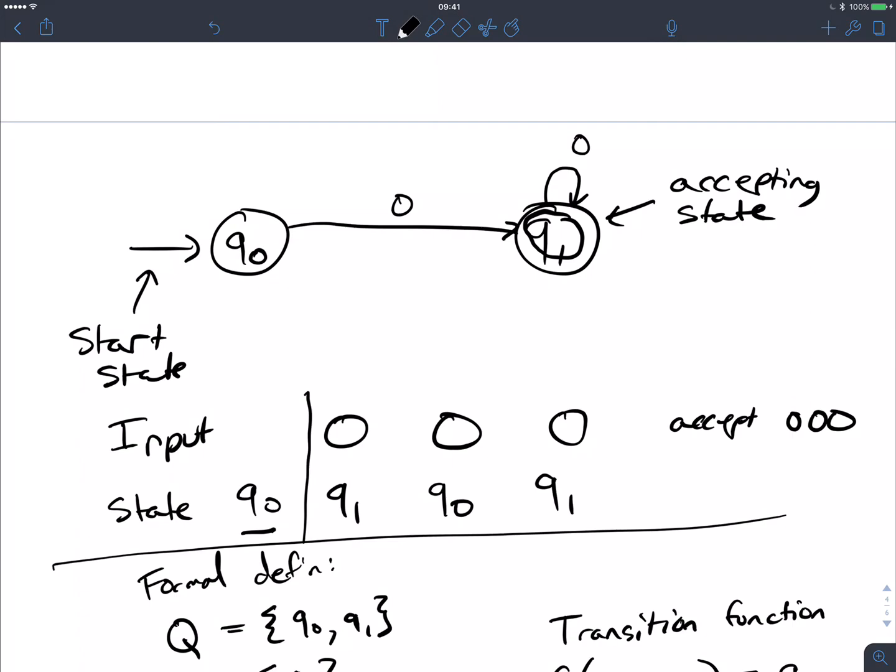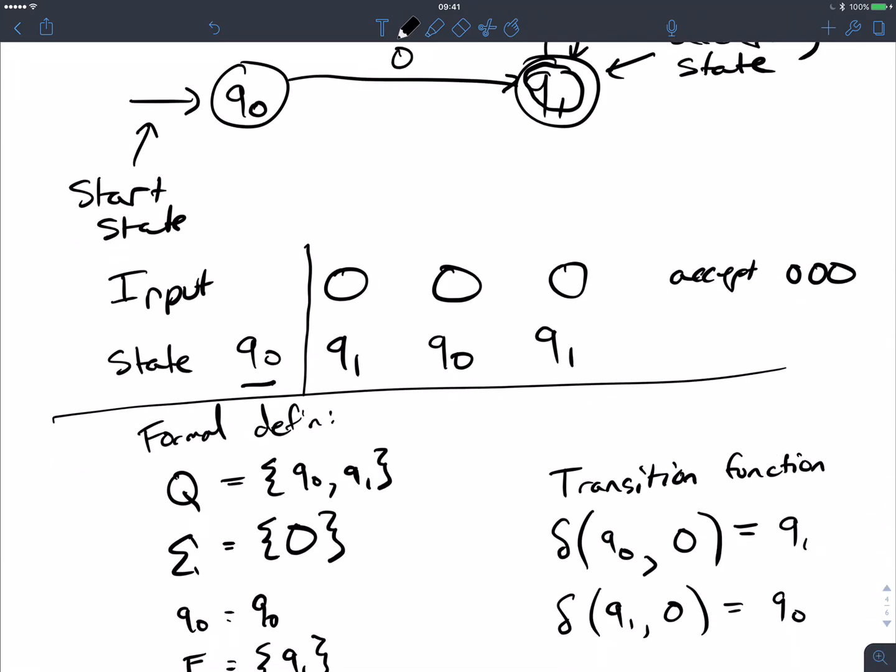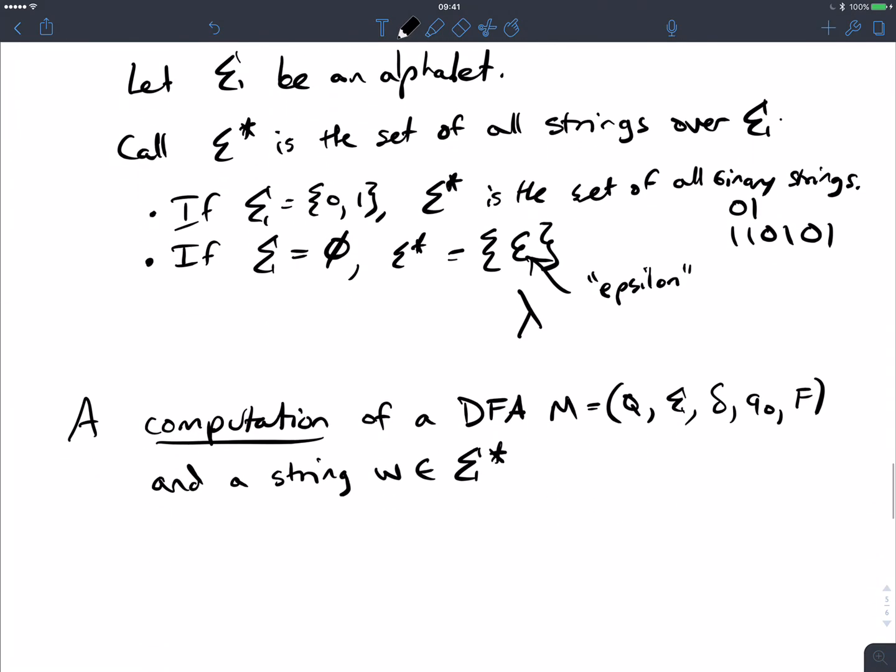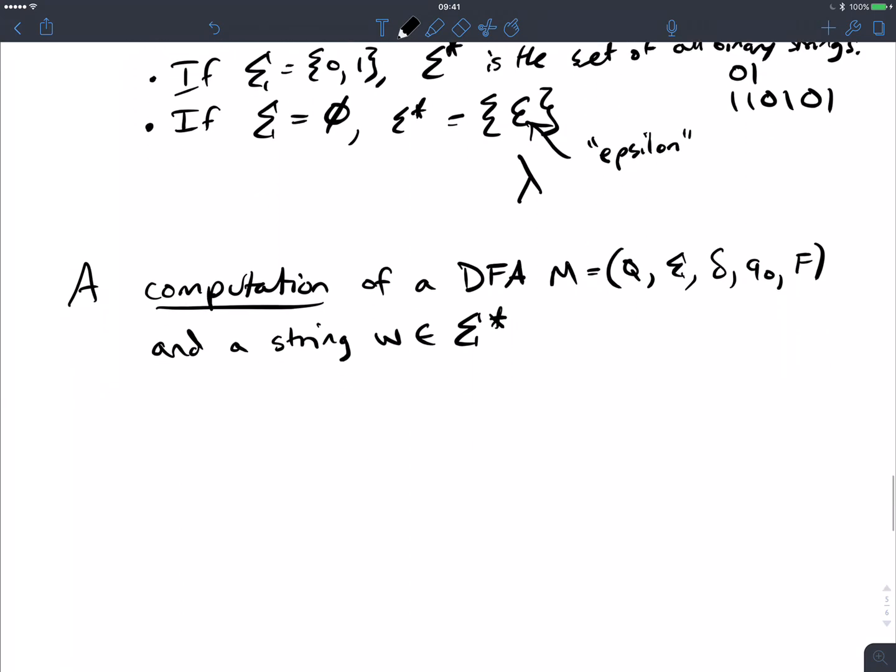At least one 0. Or, equivalently, what's another way to say it? Not the empty string. Any string that's not the empty string. Cool. So, if W has n characters, how many states will I see? N plus 1. Because if I've read 0 characters, I already have seen the state because I had turned on the machine. So I've got to say where the length of W is n